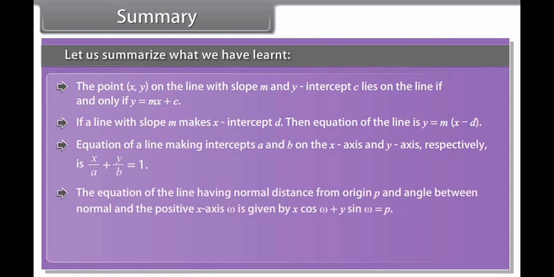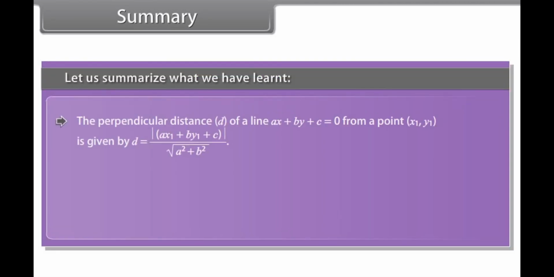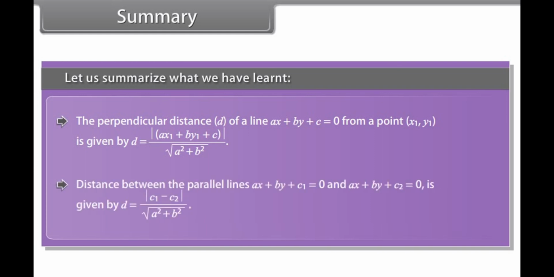The equation of the line having normal distance from origin P and angle between normal and the positive x-axis omega is given by x cos omega plus y sin omega is equal to P. Any equation of the form ax plus by plus c is equal to 0 with a and b not 0 simultaneously is called the general linear equation or general equation of a line. The perpendicular distance d of a line ax plus by plus c is equal to 0 from a point x1, y1 is given by the distance formula. The distance between the parallel lines ax plus by plus c1 is equal to 0 and ax plus by plus c2 is equal to 0 is given by